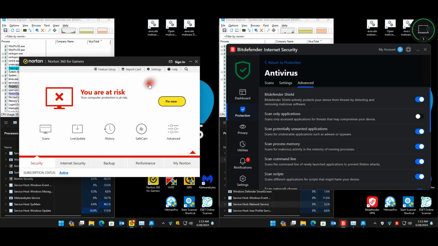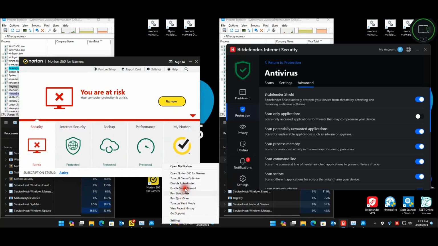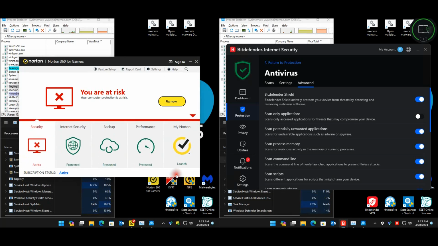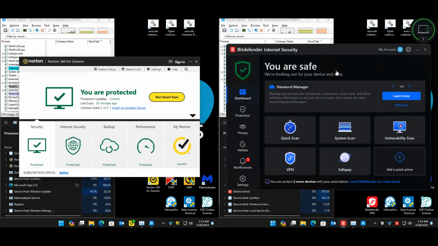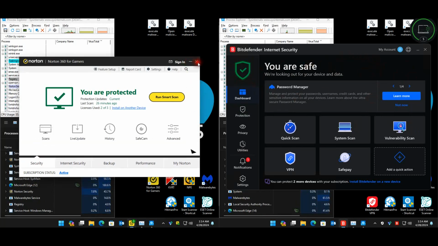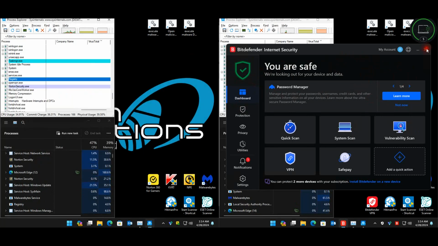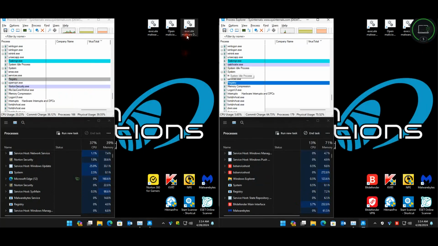Okay, so we are obviously going to start with the test. Oh, the firewall is still disabled. Okay, so hopefully they do not remove any of the malware. Bitdefender seems to be happy, Norton seems to be happy. I think that the drivers are running on the machine, so I think we can start the test.